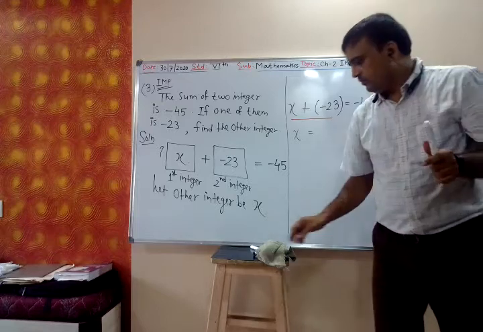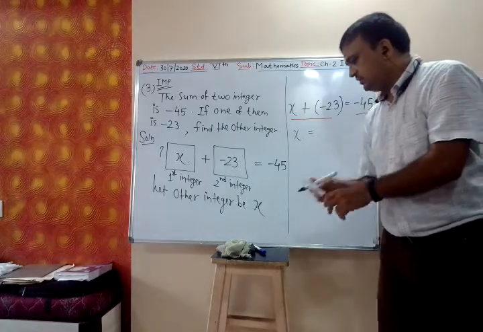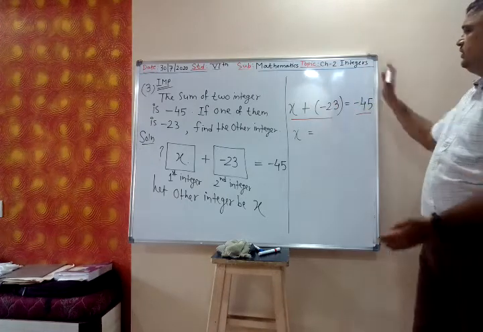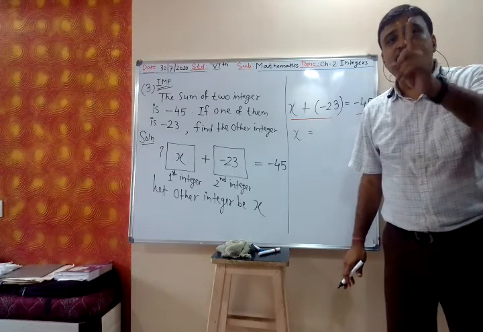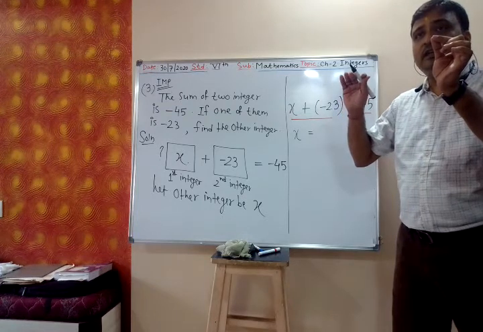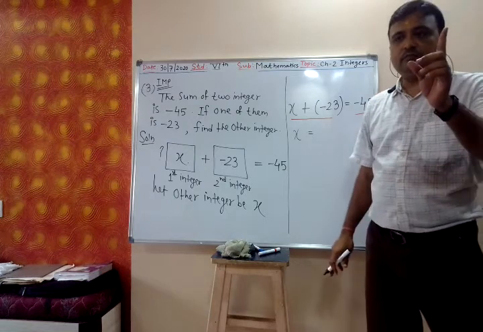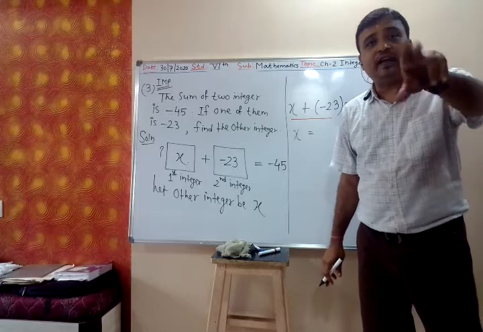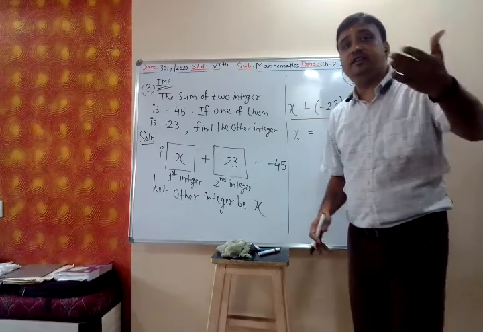Now whenever, yes, underline that. Before equal to, it is left side. After equal to, it is right side. Now remember this: whenever we change the side of any number, means we take the number from the left side to the right side, its sign changes. Whenever you change the side of the number, its sign changes.